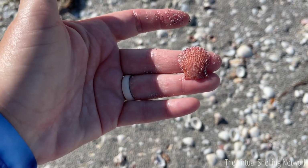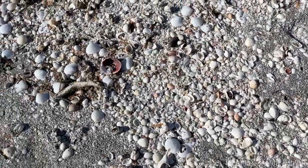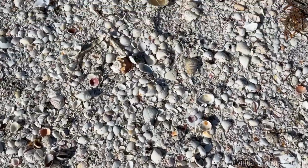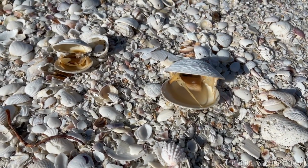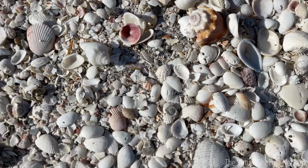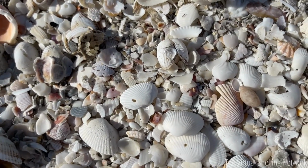So here's another really pretty red rough scallop there. I'm gonna check out this little pile and see what we find. So you guys can see these poor little clams are not doing well. And I don't know if you guys can see the ants too. I don't know if you guys will be able to see them, but there's ants